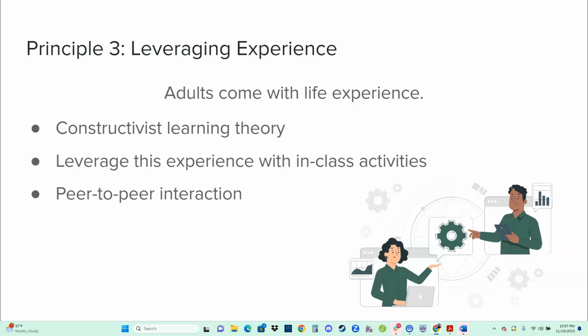One other thing that we want to make sure that we're doing is that we're building a safe space for our students to share these kinds of things. Our students are not going to share with us if they feel like we're shutting them down, or they feel like they're not adding to the discussion, or if they feel like we're judging them, right? So we want to be a safe space for them to be able to share. And we want them to learn from each other, learn from their experience, and learn from each other.